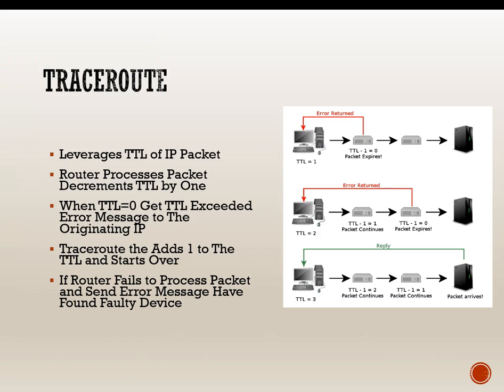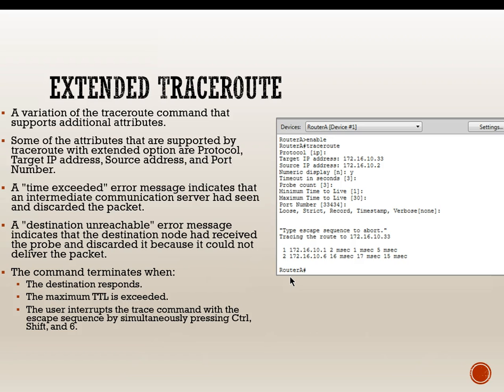Each time, it starts out with a time to live of 1. It goes to the first one, is decremented by 1, gets a TTL of 0, the packet expires, and it sends back the message. The system then creates a packet with a TTL of 2, goes to the second router, expires, and comes back. Then a TTL of 3, on down the line until we actually reach the destination. If the router fails to process the packet and sends an error message, then we found the faulty device. So in traceroute, wherever it fails is where we're going to have the issue with the